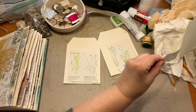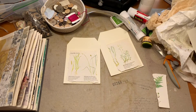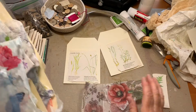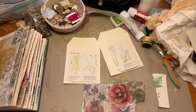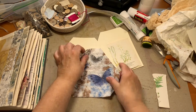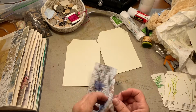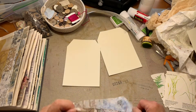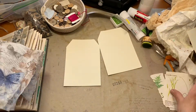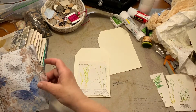Taller page piece? Nope. Can't find taller page piece. So, oh, the other thing I can use is napkin. Oh, yes. Did I forget about that? Yes, I did. Okay. And I've totally gone in the direction of spring. All winter, I was in a very dark place. Oh, yes. My favorite napkin ever. Okay. Change of plan. That guy's going the wrong way on the golf course. All right. Maybe I will still